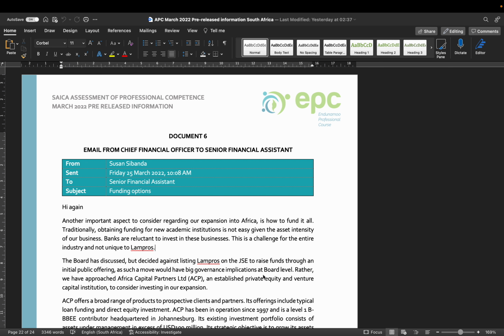Needless to say, when you are reading the pre-release information in your own right, it's very important that you keep a multidisciplinary view, right? But we are purposefully, at least in this scenario, going to speak about the other elements, but focus primarily on the accounting element of the task. And then Rendani will come and overlay this discussion with the management accounting and finance aspects of the task, and he'll include his own comments in this very email, giving you the best of both worlds in terms of thinking from a multidisciplinary perspective.